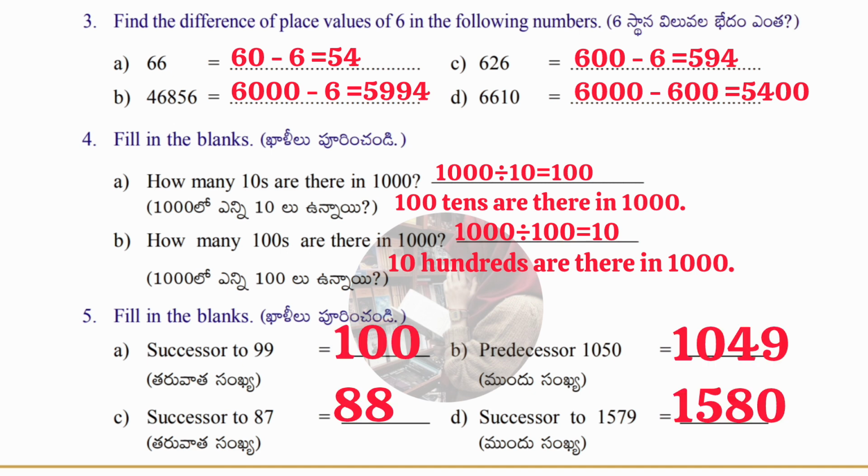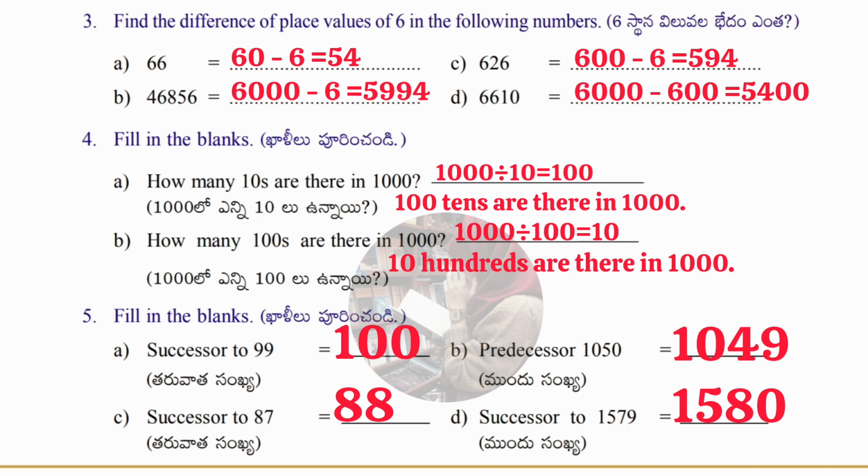Means first we did the addition of place values, here we have to do the subtraction of place values of 6. Okay, so the first number is 66. The first 6 is in the tens place, that's why 60, minus the second 6 is in the ones place, that's why 6. 60 minus 6 is 54. Likewise, the second one is